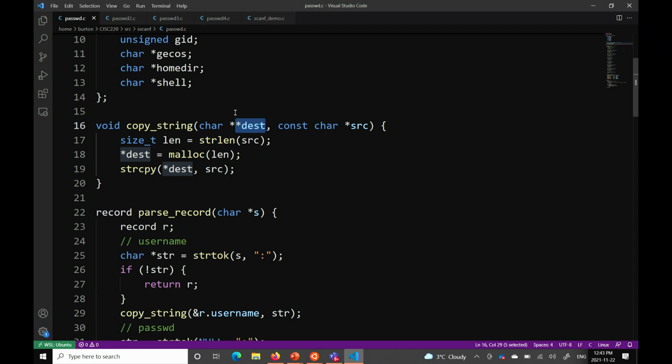So you need a pointer to a pointer to do that. I need to dereference that pointer, which is star dest. Star dest is now that thing there, it's now the username, which I can now assign to the array. If you don't pass in a pointer to a pointer up here, and you do this, and then you do this,